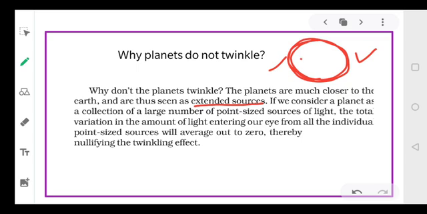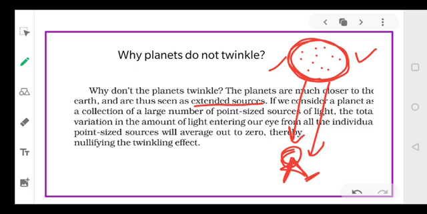If we suppose that the planet is made up of a lot of points, right? It is made up of a lot of points. So the total variation in the amount of light, we are standing here on the earth. So the amount of light that reaches us from the planets